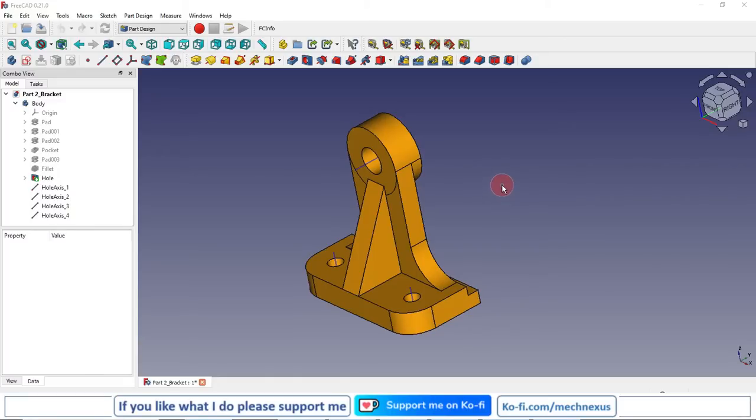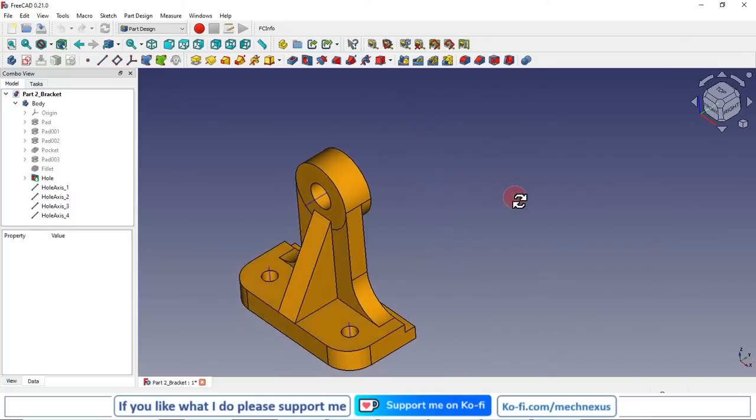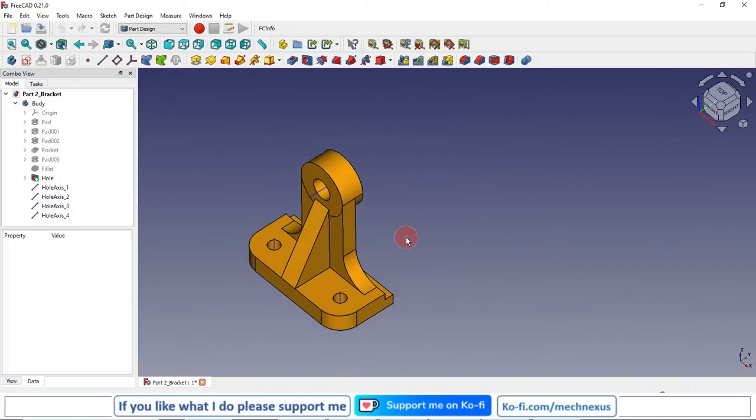Hello friends, welcome to FreeCAD tutorial, and in this tutorial we will learn how we can change the color of